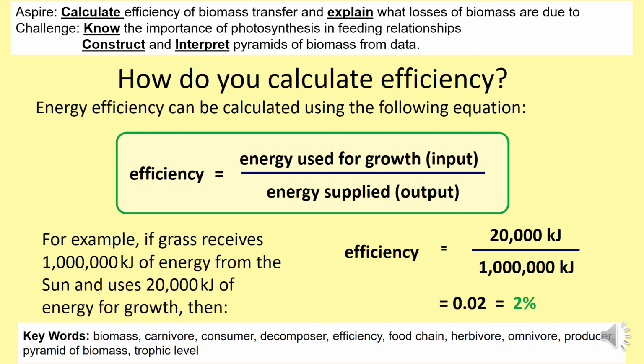And then the final slide that we've just looked at together. Notice this is a percentage calculation, so I could have added times 100 to the equation that's there. So in summary, the challenge and the aspire, the learning outcomes up the top of the page, I think that we've covered those together today. And we've used all of the keywords down at the bottom of the page. Just check those through,